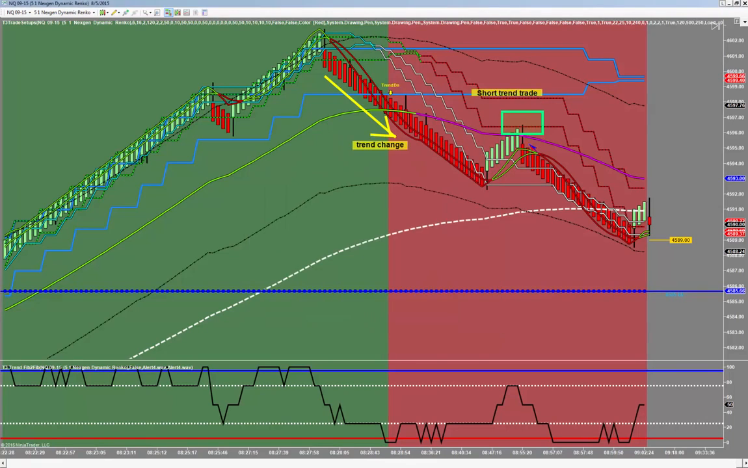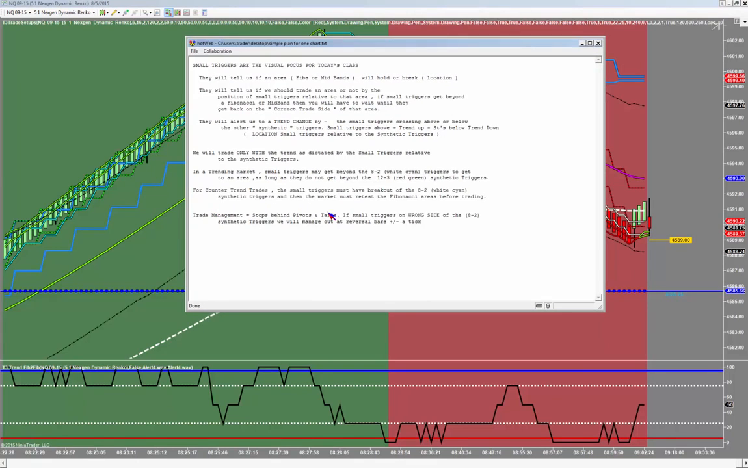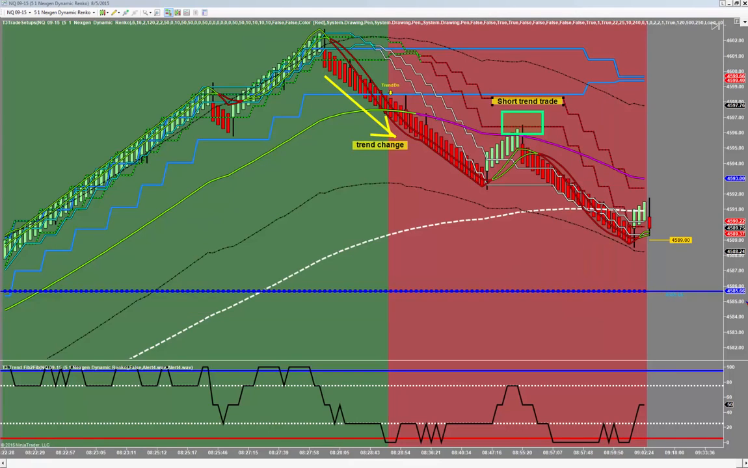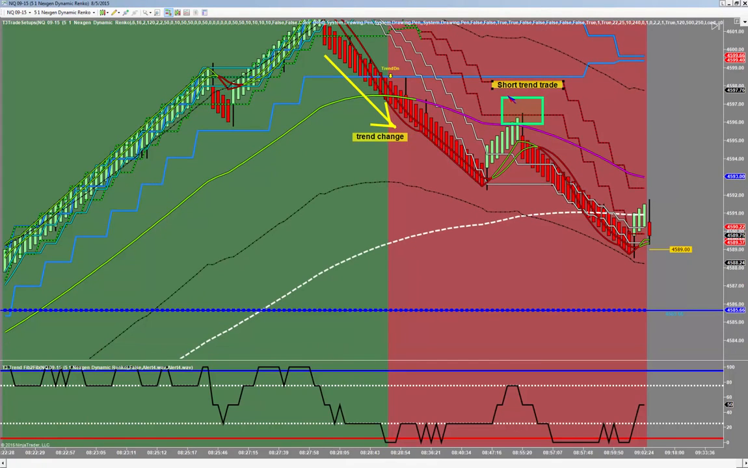Right? Now, remember we talked about the management side of this, right? Which is what? If the small triggers are on the wrong side of the 8-2 synthetic triggers, we're going to manage out of that trade a little tighter. All right, so look at the point of entry for the short trade. Notice that your small triggers right here